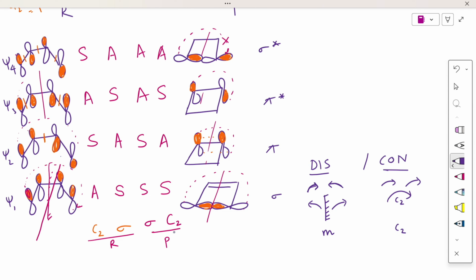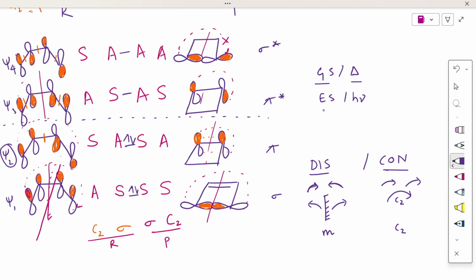Now we have to consider thermal and photochemical conditions. For that, the electron distribution, just look at the electrons. So you have 2 pi bonds, therefore you have 4 pi electrons. So 1, 2, 3, 4. Psi 2 is the HOMO here, and this becomes the HOMO-LUMO energy gap. So in the ground state, thermal condition. As I've already told during the discussion of the problems, if they say ground state, it means thermal condition. If they say excited state, it means it is photochemical condition.